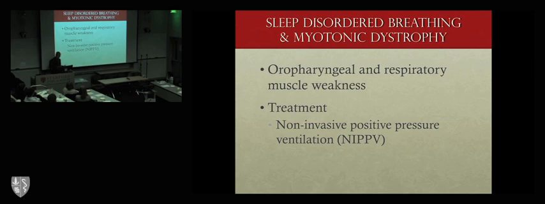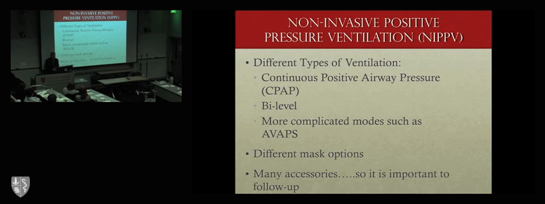The treatment is non-invasive positive pressure ventilation. It's a cute little mask that you wear that keeps the airway open or helps the chest wall move up and down as you're sleeping. Here are the different types: CPAP, bilevel, and then there are even more complicated devices to treat sleep disordered breathing. There are many mask options. If anyone in here has ever tried a machine, say, 10 years ago, there have been significant advances and better masks, so I would encourage you to give it another shot. I see some nods, yes, in the audience. So definitely revisit, almost like a fine glass of wine, revisit positive pressure ventilation if it's been a while.